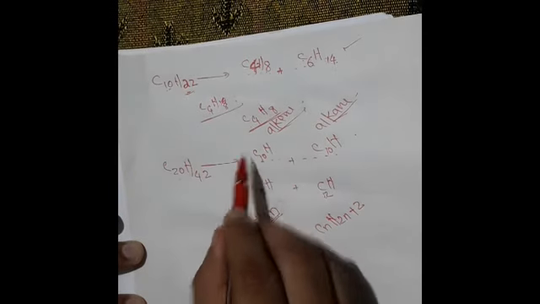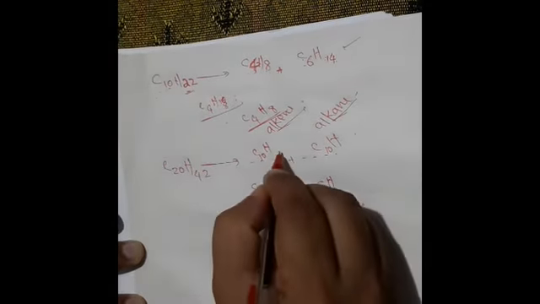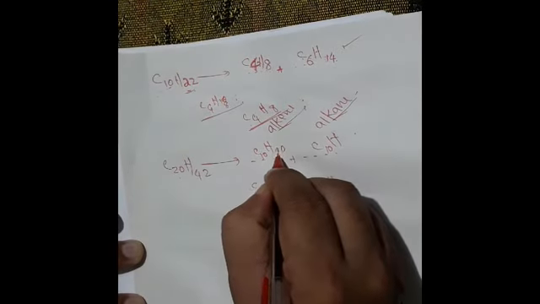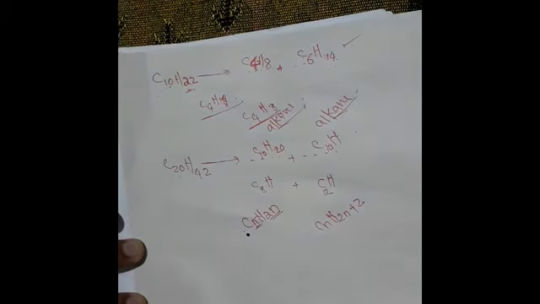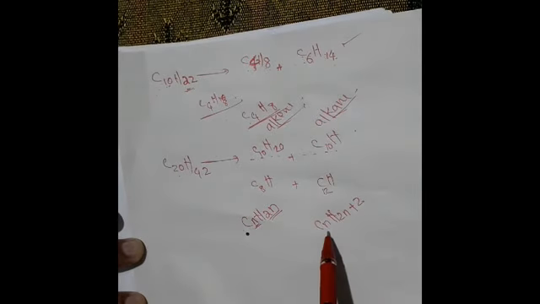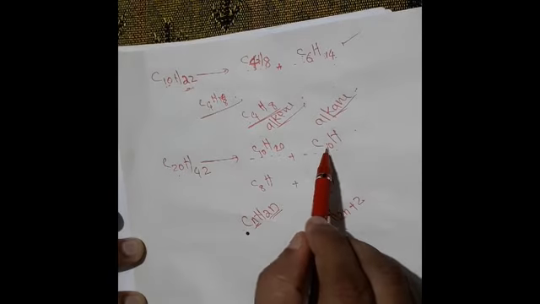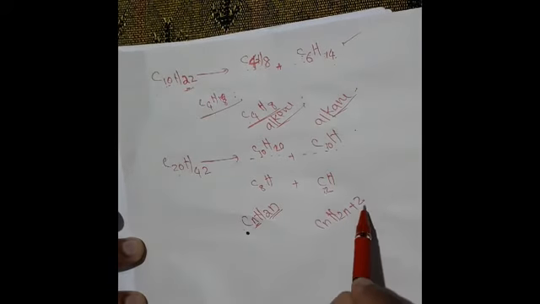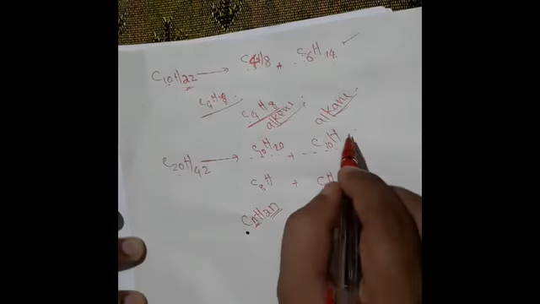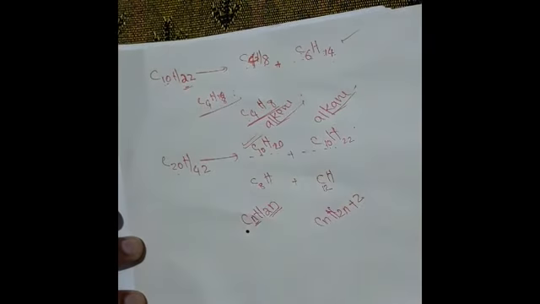So here 10 carbon. So number of hydrogen will be 2n. 2n mean 2 times 10, 20. Similarly here CnH2n plus 2. Here 10 carbon. Number of hydrogen 2n plus 2. 2n plus 2 mean 2 times 10 plus 2, 22. So you can write answer like this.